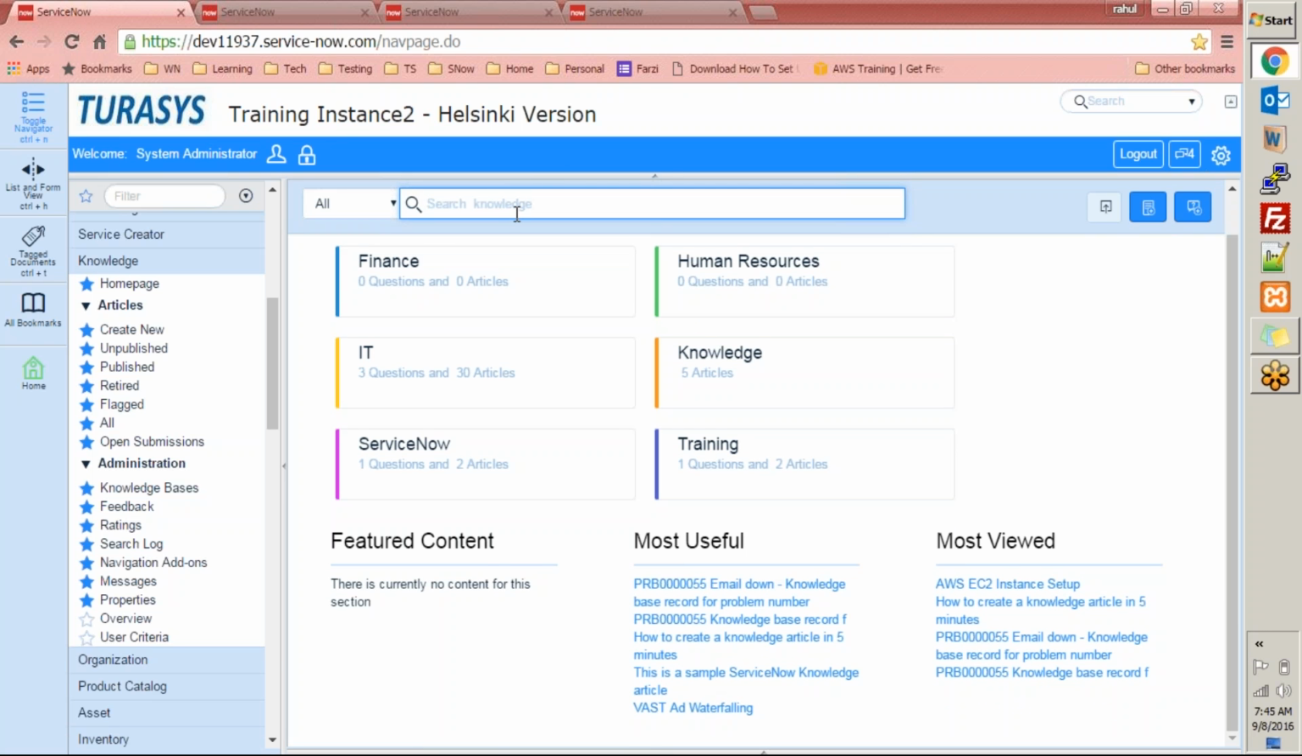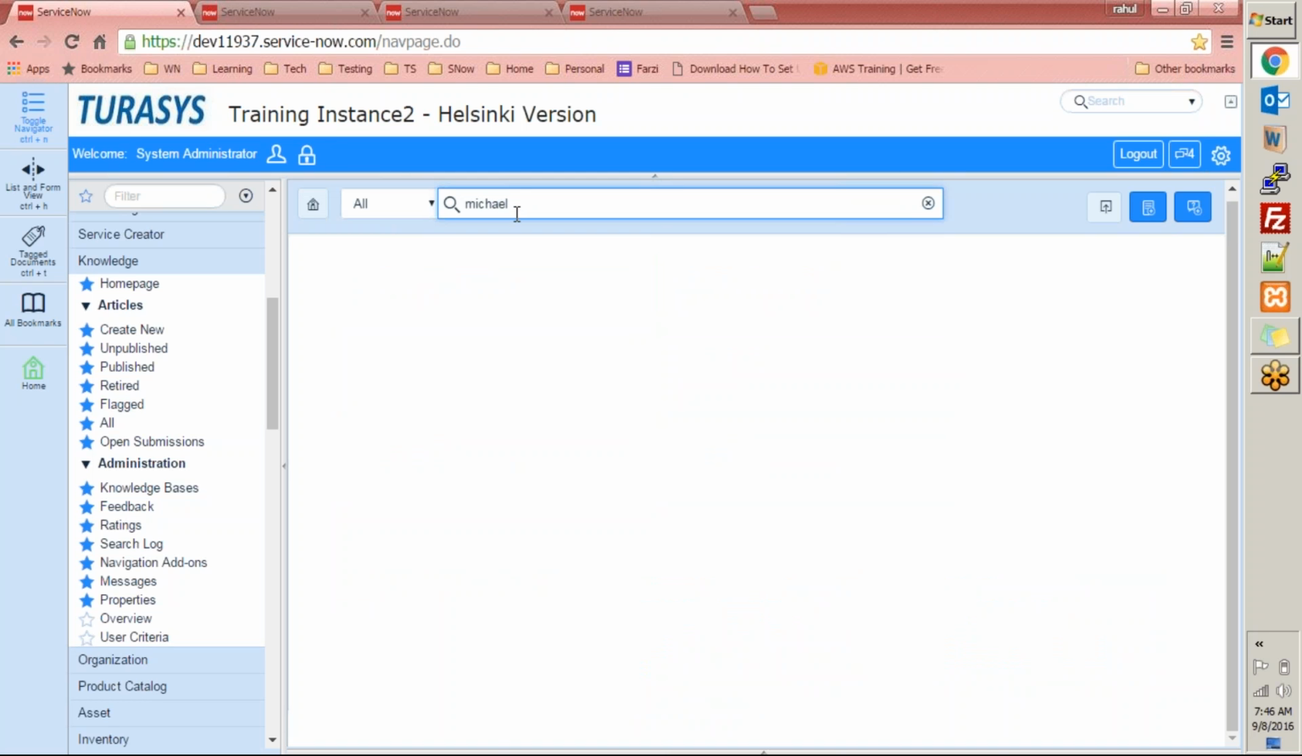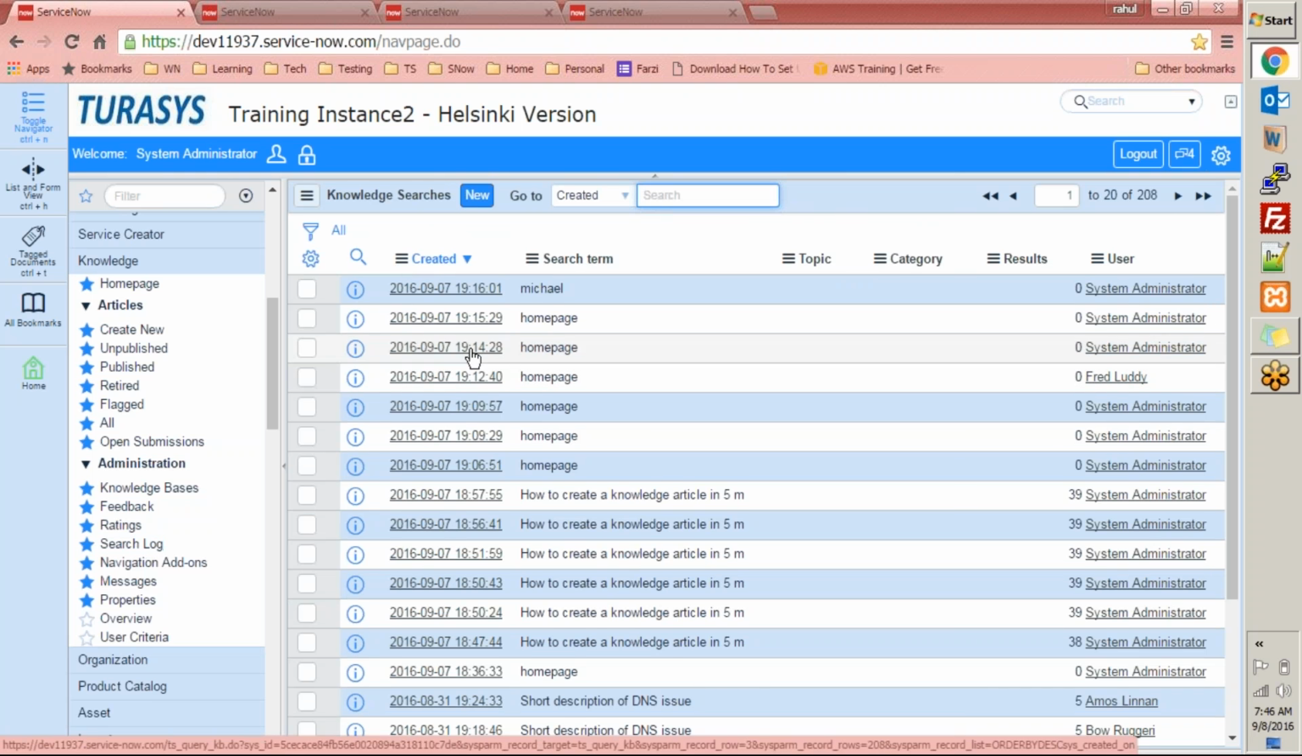And you are also storing information on what the user is actually searching. For example, if I am trying to search some text within this knowledge base application, let's say I am trying to search Michael within this whole application. If I go to search log, see, this search log contains the text that we have just searched. So it is keeping a record of what text you are searching,